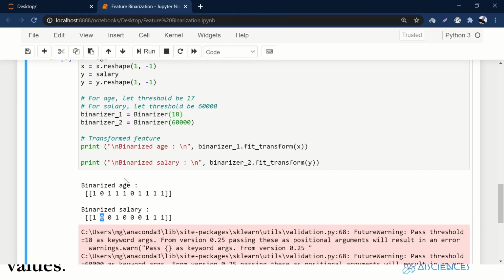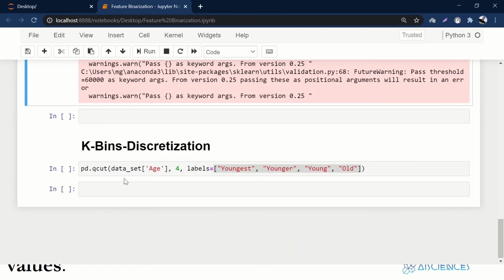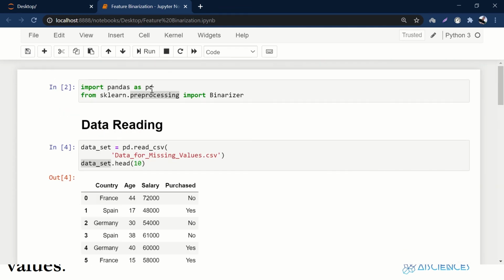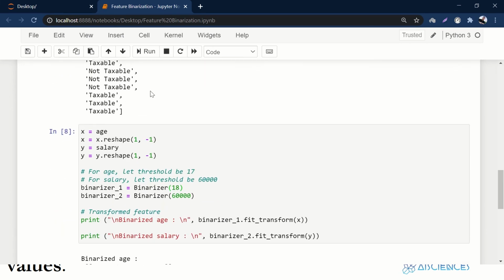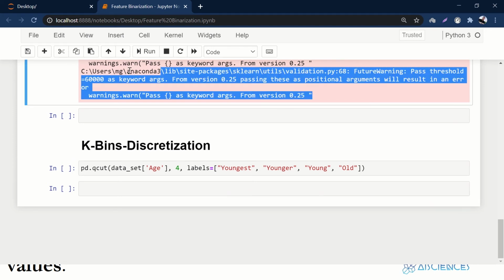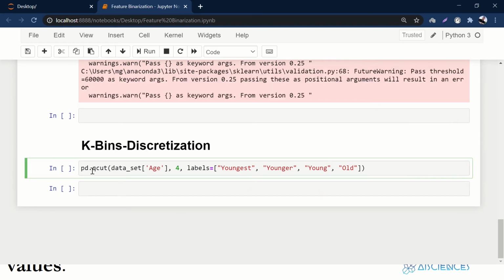We go back, and we already have our data, and we have imported pandas as pd. pd has this magical function called qcut. qcut is actually an implementation of K-Bins-Discretization. So here I will pass pd.qcut, and in qcut I have